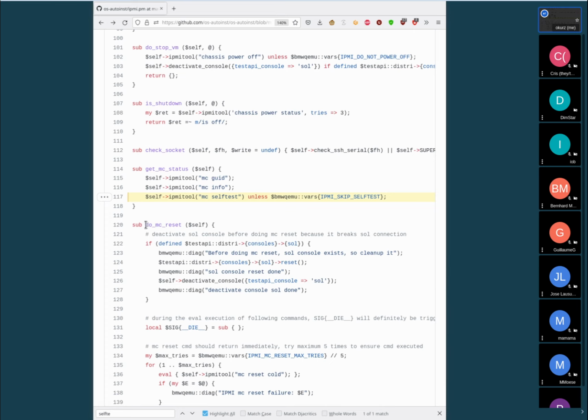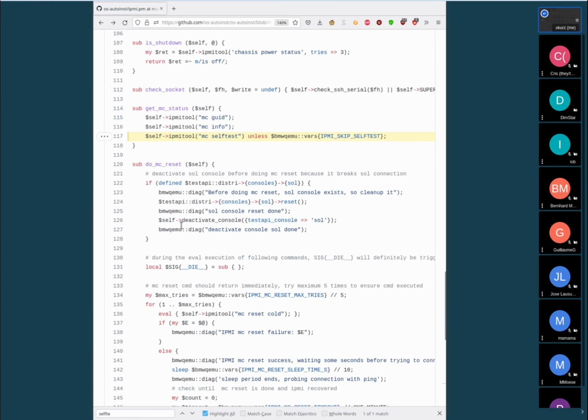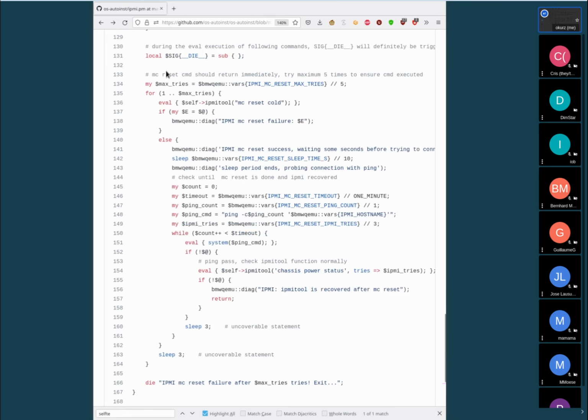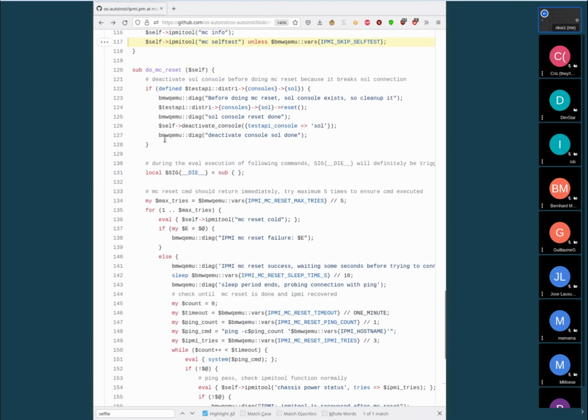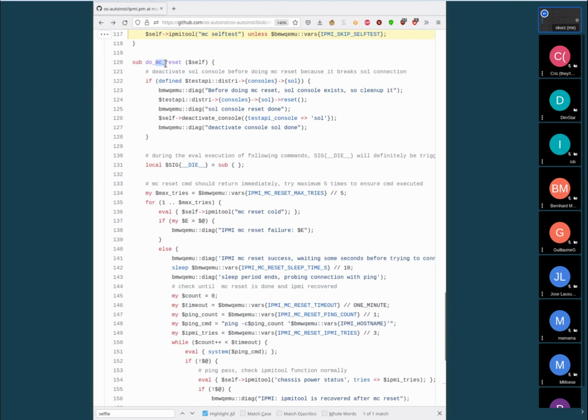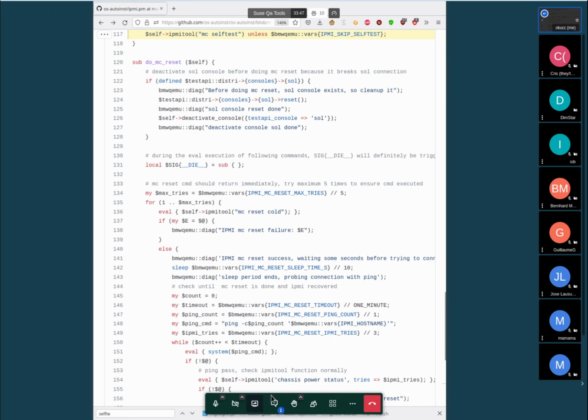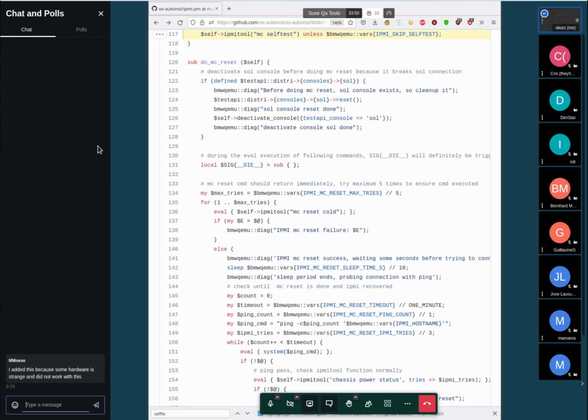Okay, sorry about that. There is this MC reset function, which is a bit elaborate as well; this is actually the most complicated function in here. And what this does is, I don't know if MC stands for master controller or anything, but this is the ipmi control. It's not the system under test itself where you want to install the operating system, but it's the component to which we connect using ipmitool. And what we do is, if we want to reset this console,